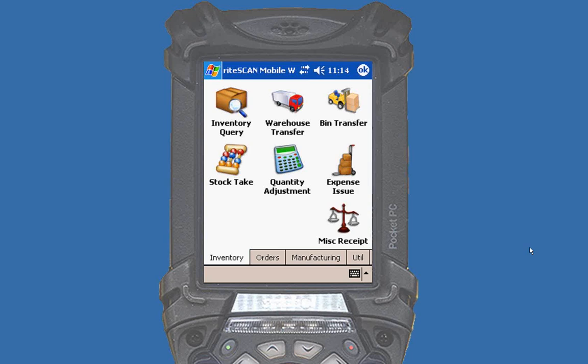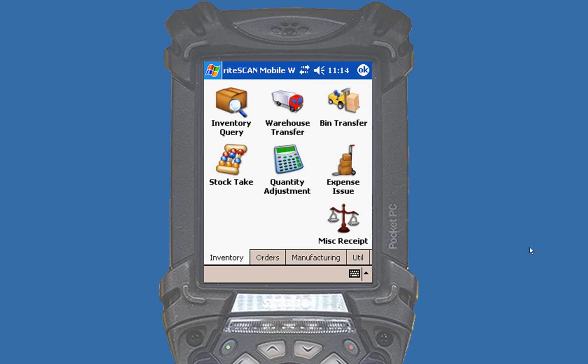Now, I don't mean to jump into the technical side of things right away. That simply means that all riteSCAN has to do is capture the information about the transaction and then hand it over to SYSPRO. SYSPRO takes care of making sure that your proper SQL tables or your CISAM files get updated accordingly, and all of your settings in SYSPRO, all of the business rules that you've defined, which warehouses if you